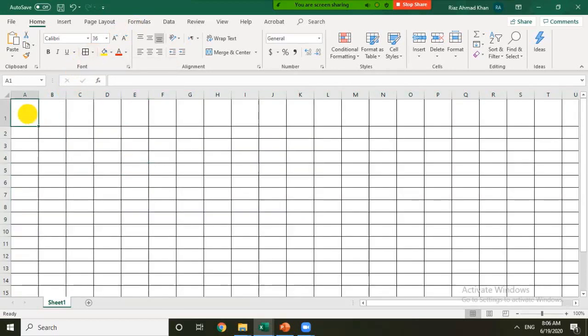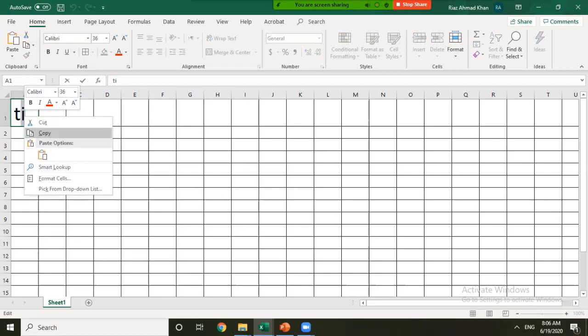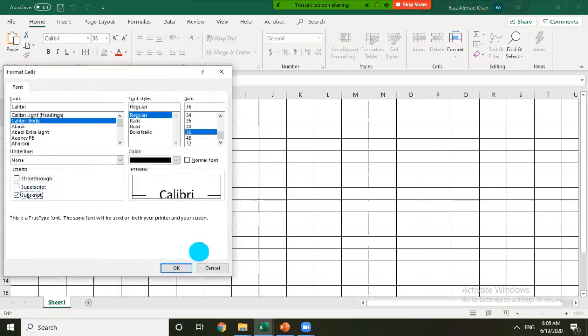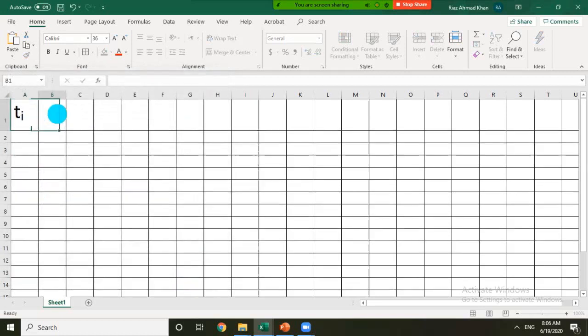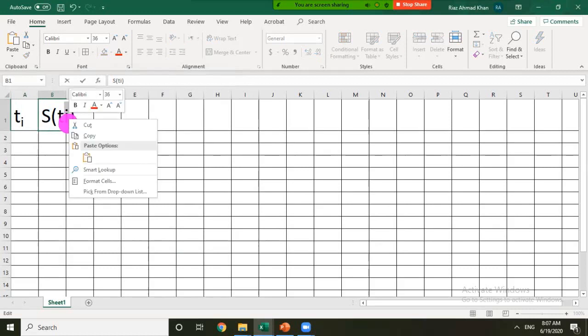all borders. Now let us write t_i here. Select i, right click, format cells, subscript. This is how to write t_i. Now let us write S of t_i. Again t_i, and select i, right click,